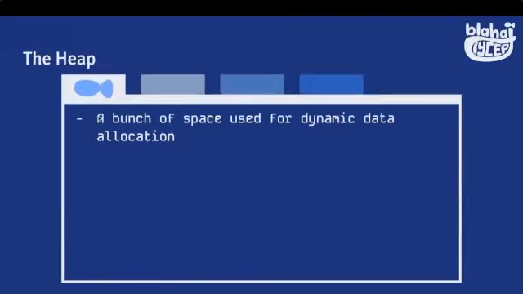Now another kind of memory region that we will go through later on in day 2 more specifically is the heap. This memory region is a bunch of space that's used for dynamic data allocation. So what that means basically is that, let's say,